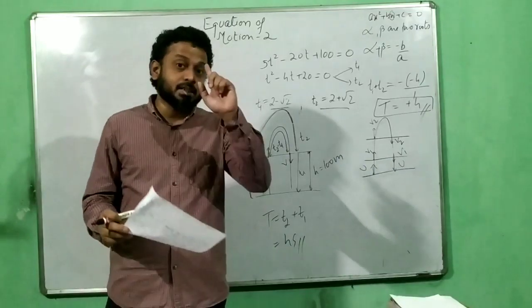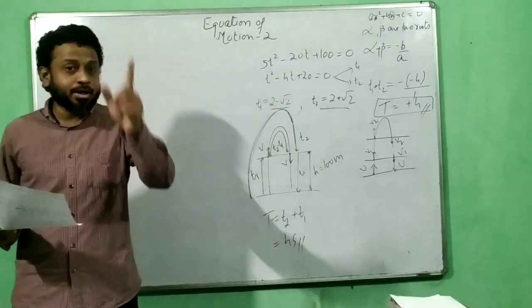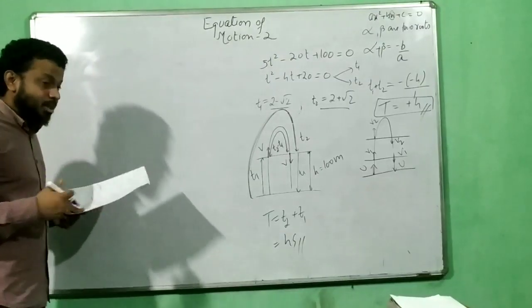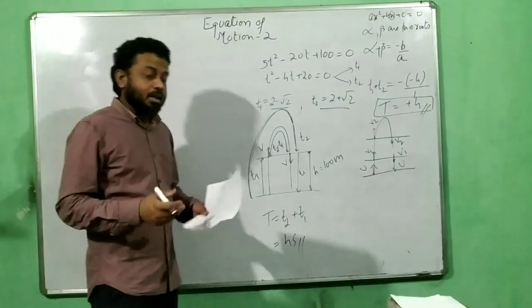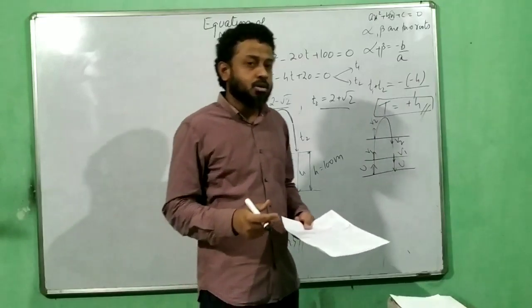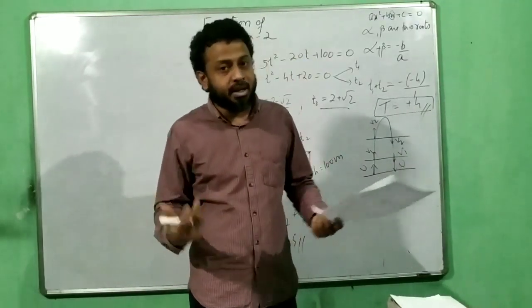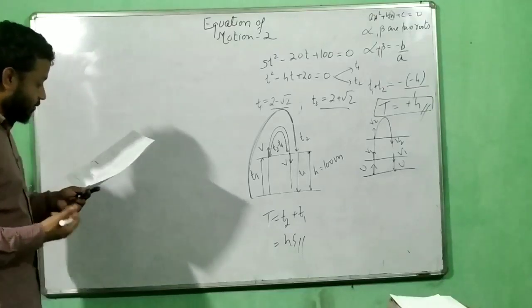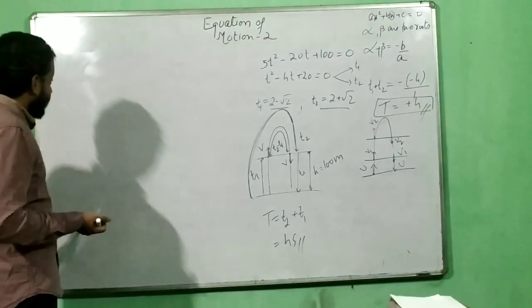So velocity is gained due to inertia, not acceleration. Acceleration is not gained due to inertia. Okay. When you jump out of a moving car and the car is accelerating and has some velocity also, you gain the velocity. You don't gain the acceleration. So velocity is gained due to inertia. Okay. What does it mean?